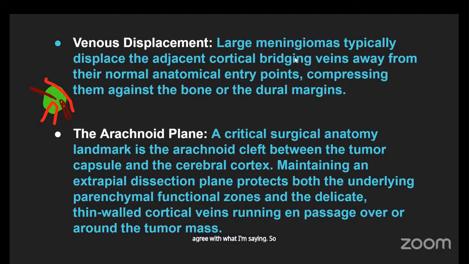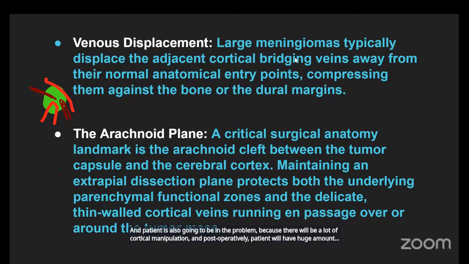So you have to be very careful with the bipolar, and especially any vessel that is going to give you a clear arachnoidal plane. The tumor feeders will not give you an arachnoidal plane. They will breach it. If a vessel is giving you an arachnoid plane, you have to maintain it meticulously. Meningioma surgery is all about the arachnoid. If you maintain it, you are good to go. If you breach it, then you are going to be in trouble, and the patient is also going to be in trouble, because there will be a lot of cortical manipulation, and postoperatively the patient will have a huge amount of